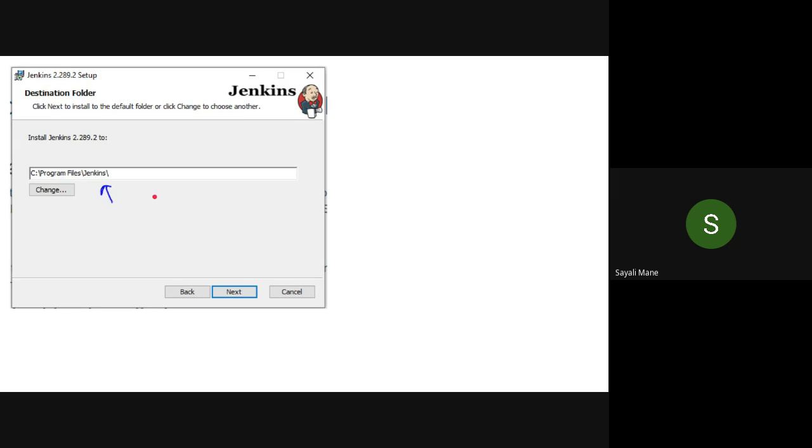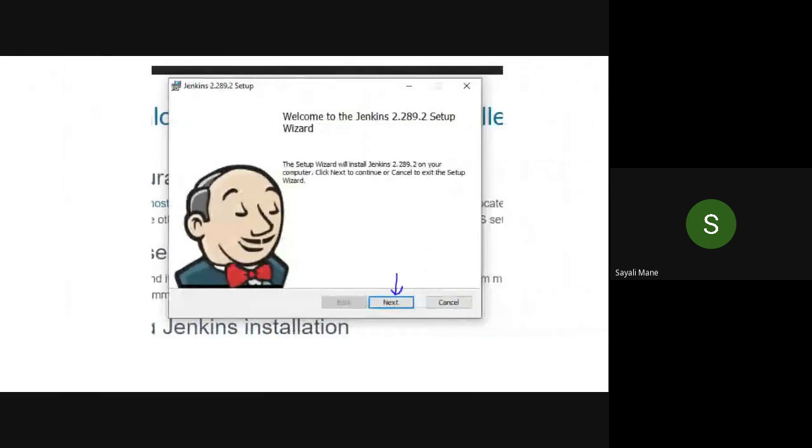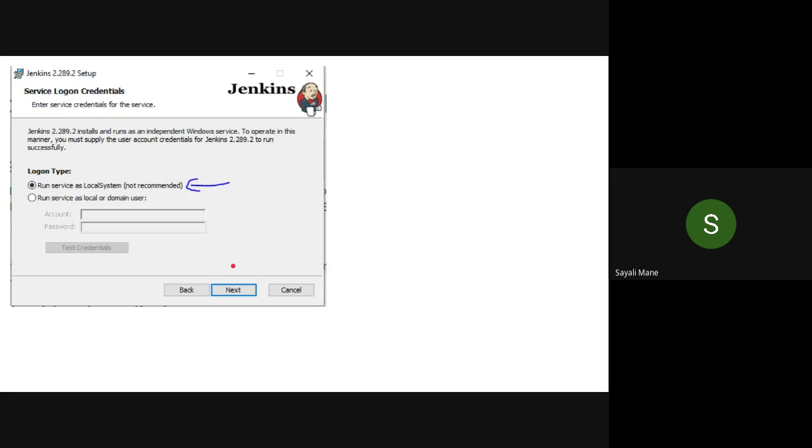If you want to change the folder, you can change it, or else keep it the same. Now here, click on this one, run service as a local system. Click on this logon type. Since we don't have any account or password, that is why please click on this one only. And then click on next.